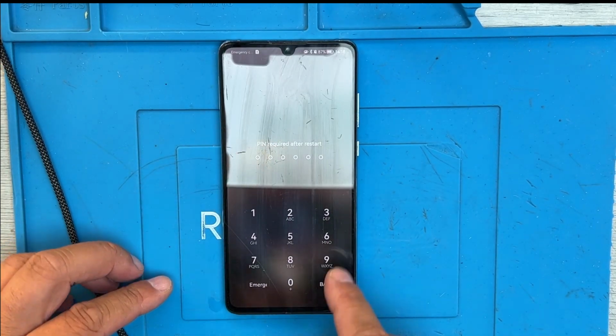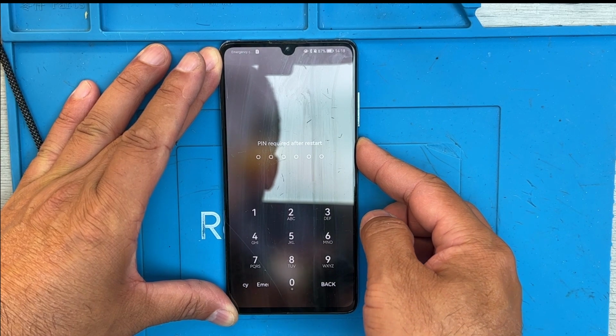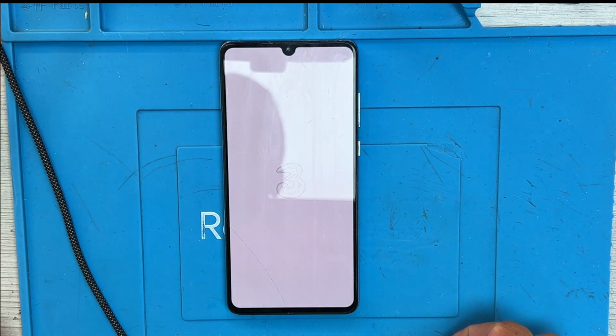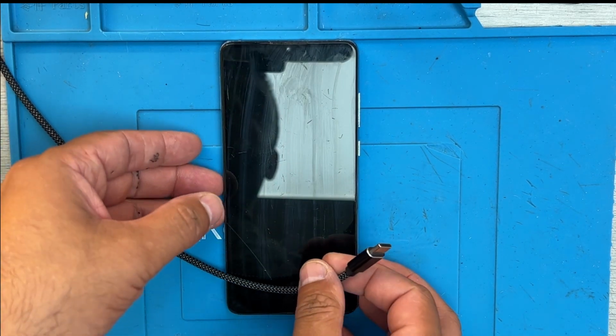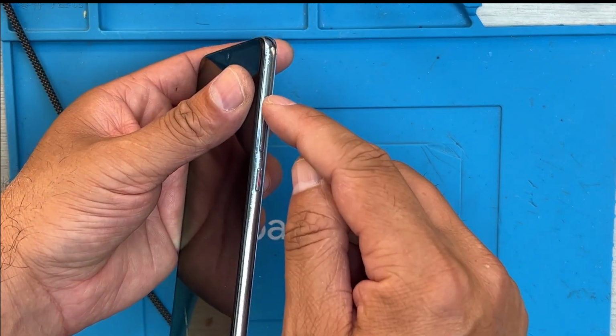Today I will show you an easy way how to hard reset your Huawei P30. So for this, switch off your phone, and when the phone goes completely off, just hold down the volume up button, that's all, just the volume up